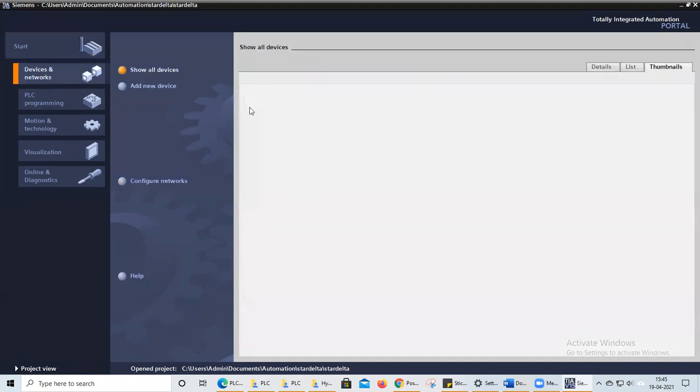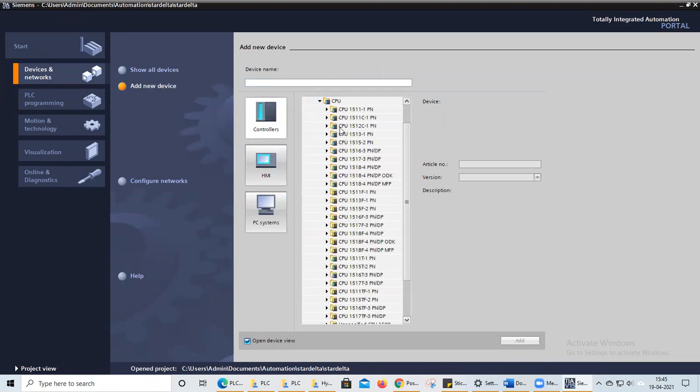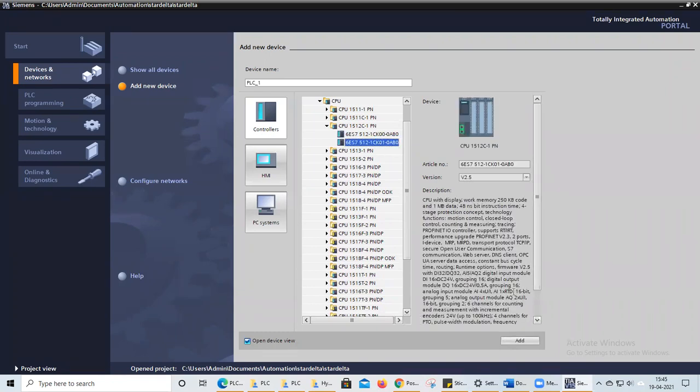This is our second step. Add new devices. Go for the controller and select Simatic S7 1500 CPU. Select 1512C CPU and add this CPU to our program.